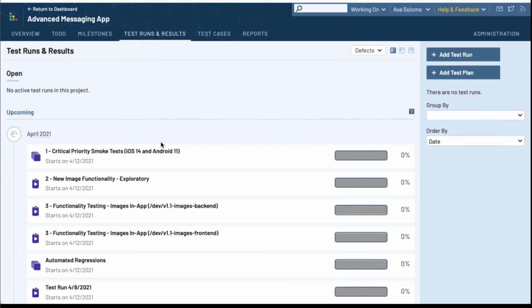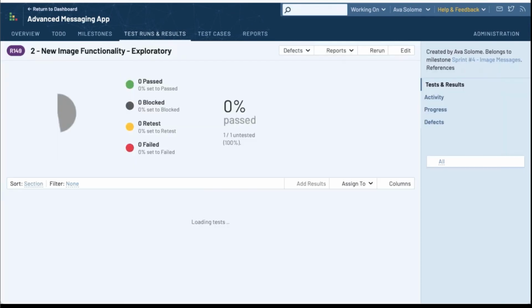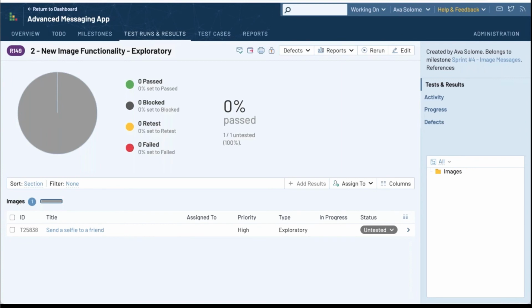So the idea here was to start with the area of highest risk, and then test outward. So I set up this critical smoke test. Then as the second level, I created a test run that only has one test case in it, which might look a little funny, but in this case, it's an exploratory test. So I might not need a whole list of test cases in a test run. I might just want to set up a separate test run that specifically calls out that I'm going to do